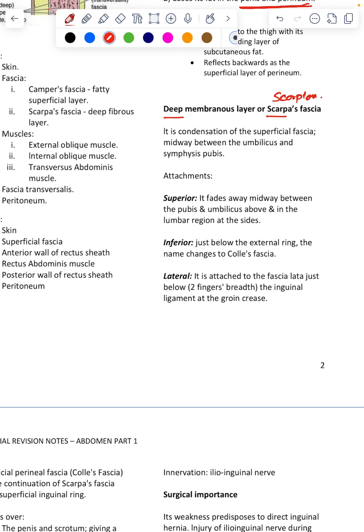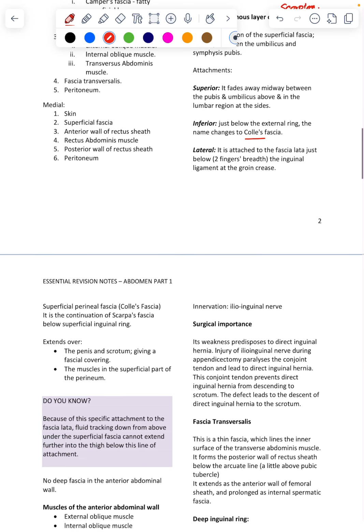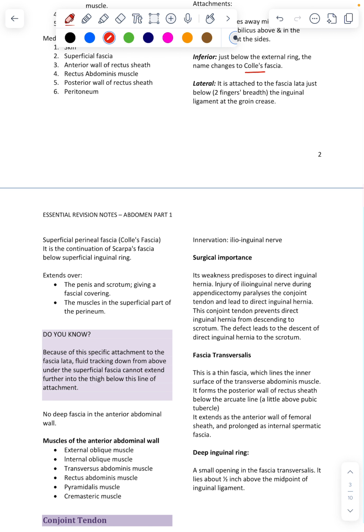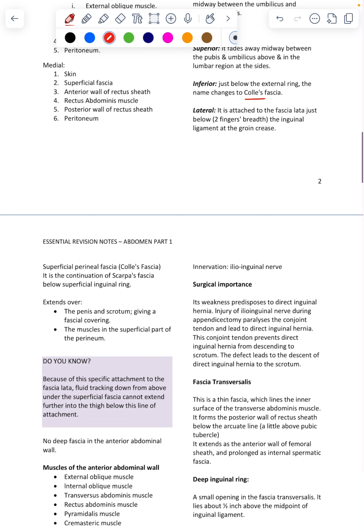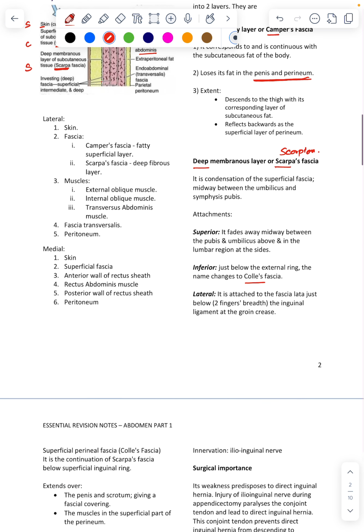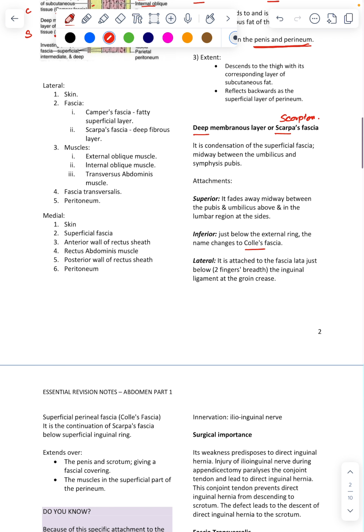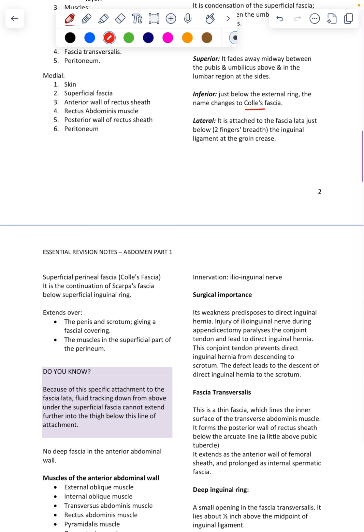Now this is another confusing part. Inferiorly, below the external ring, the name changes to Colles fascia. This Scarpa's fascia becomes Colles. Laterally it is attached to the fascia lata and below to the inguinal ligament. Okay, Colles fascia, the superficial fascia, is a continuation of Scarpa's fascia. So perineal fascia, the Colles fascia, is a continuation of Scarpa's, and Camper's fascia, which is superficial, becomes the superficial perineal